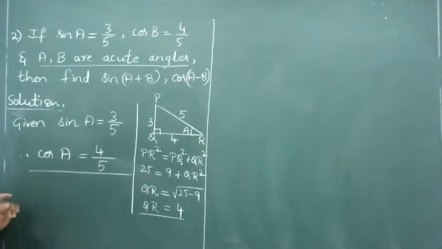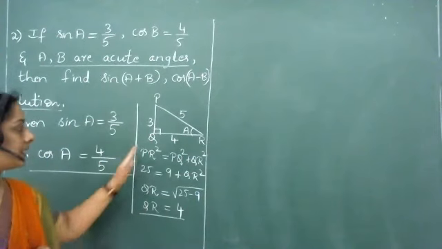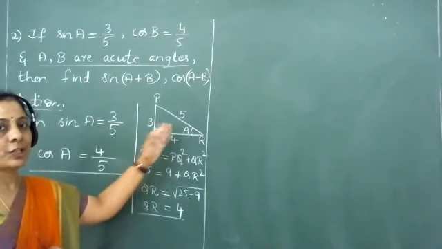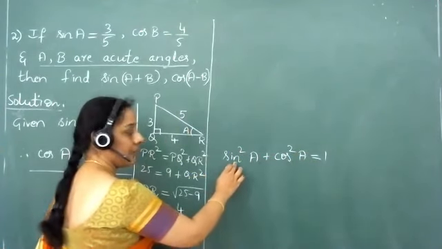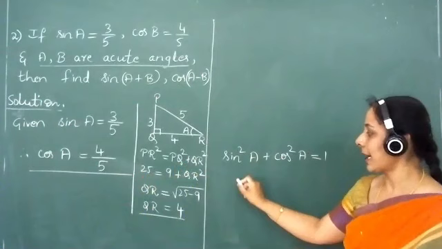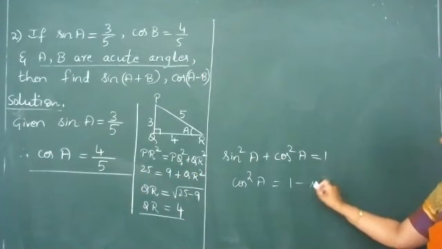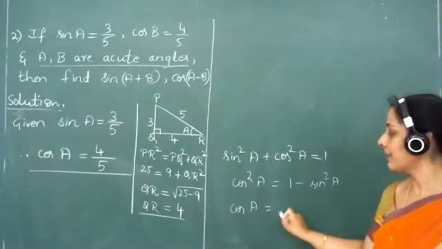Now we shall consider an alternative, the second method of arriving at the same value of cos A, wherein we don't bring the concept of the Pythagoras theorem. We shall be using the first trigonometric identity learned in the first year course, sin squared A plus cos squared A equals 1. We already know the value of sin A, isn't it? We have to find the value of cos A. So what happens to cos squared A here? Cos squared A will be equal to 1 minus sin squared A, and hence we have cos A equal to square root of 1 minus sin squared A.